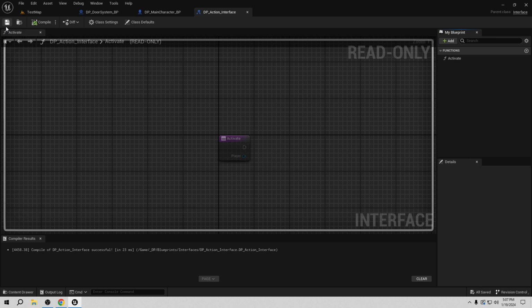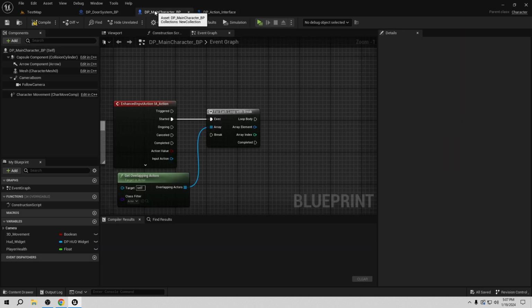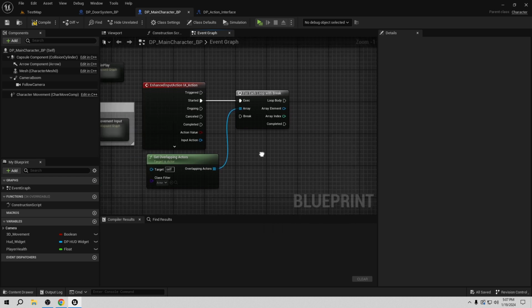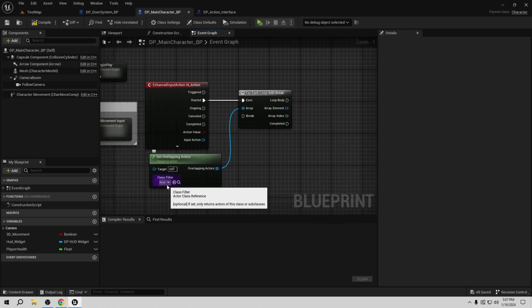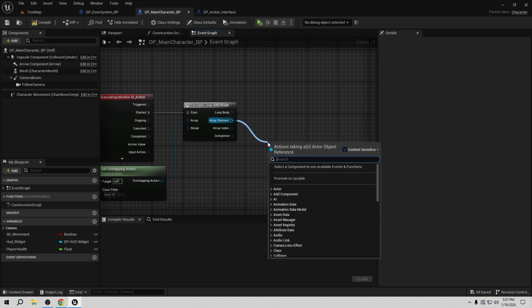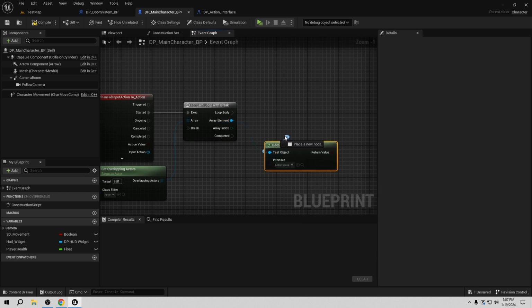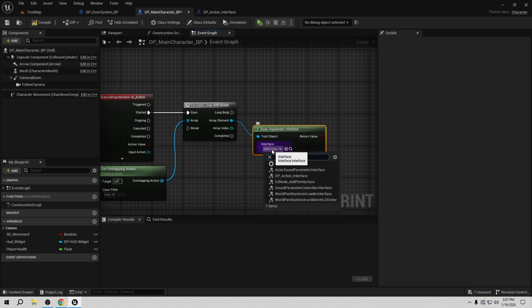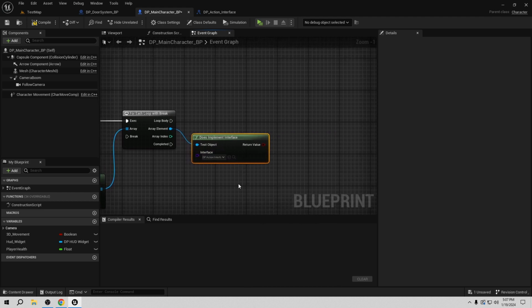So let's compile and save. So now we have this activate. So now let's go to main character blueprint, and from here we want to activate that. But before the activate, I want to know for sure if the actor has that interface. So the best way to do it is go does implement interface. The interface we are looking for is the DP action we already created, and we want